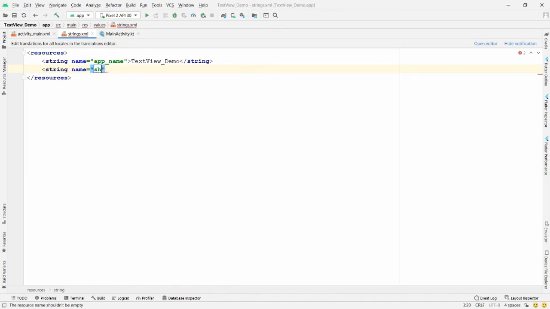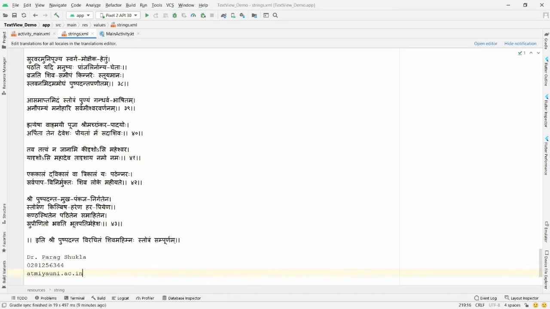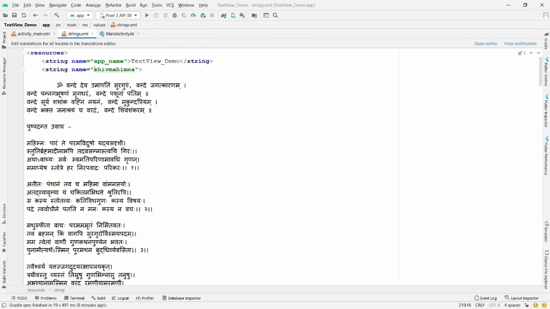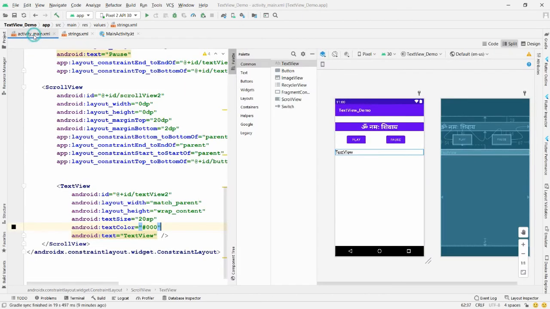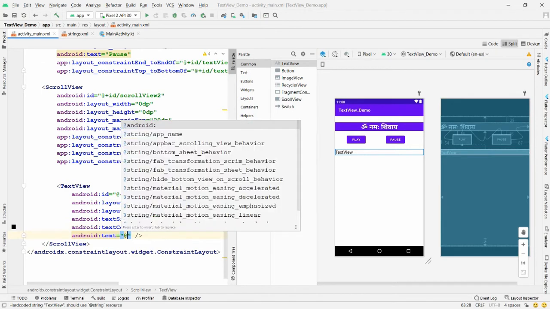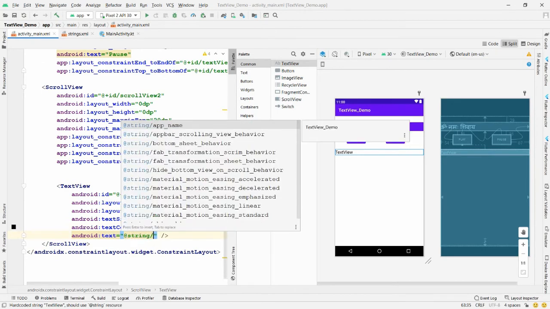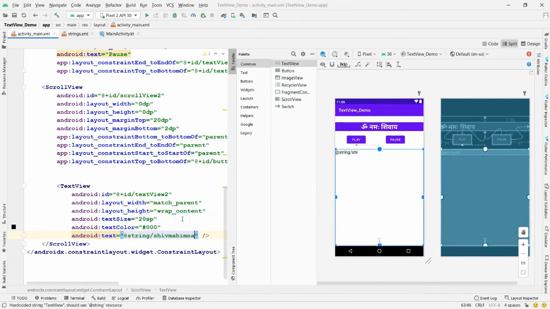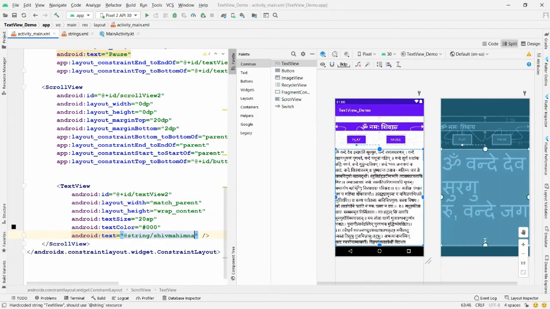The name of the string is Shiv Mahimna, and here you can paste your text. Now you can give the reference of this text to your text view. The name of this text is Shiv Mahimna. So here, instead of this text view text, you can write @string/Shiv Mahimna. So the text will be loaded over here.